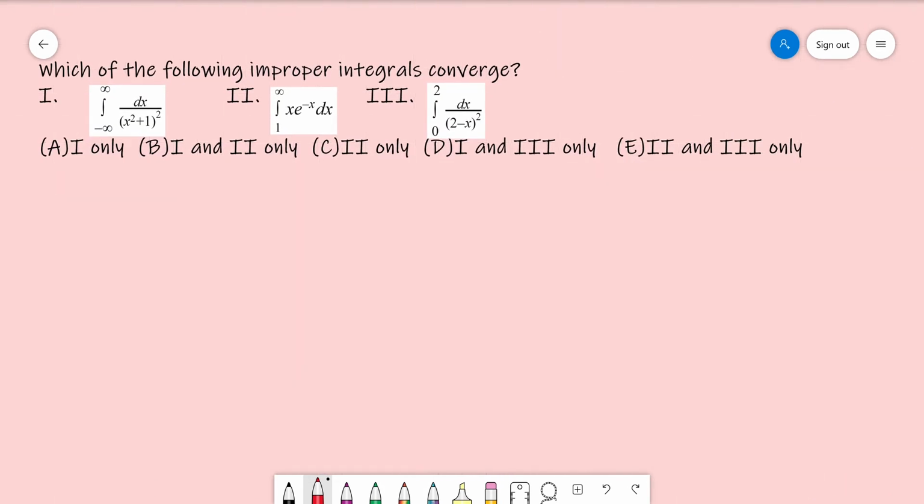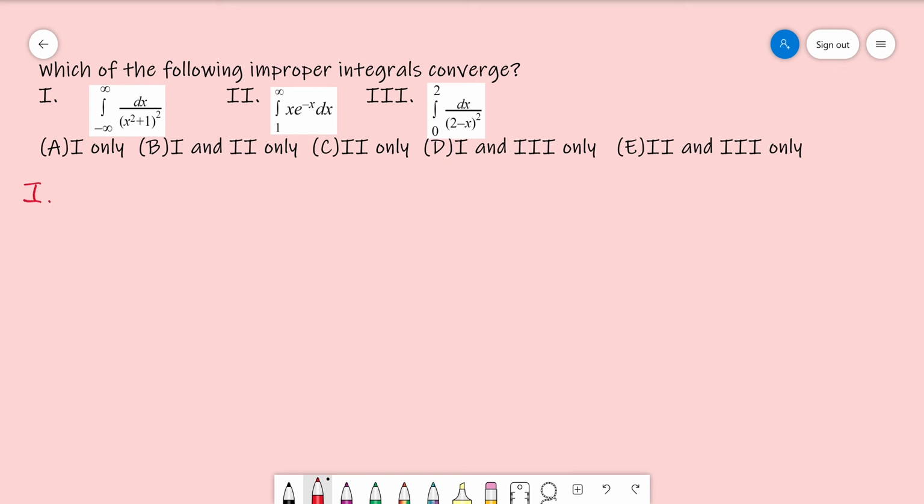So in this question we're given three integrals, and we're asked which of them converge. This question is pretty tricky. It's not tricky, it's just that you have to be good at integrals to figure it out. And so let's see, the first integral,